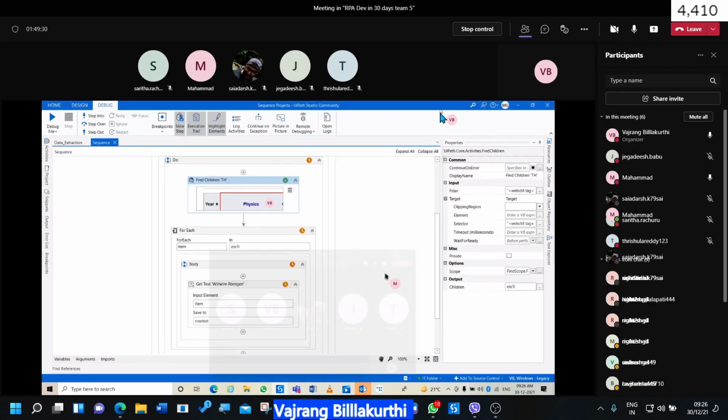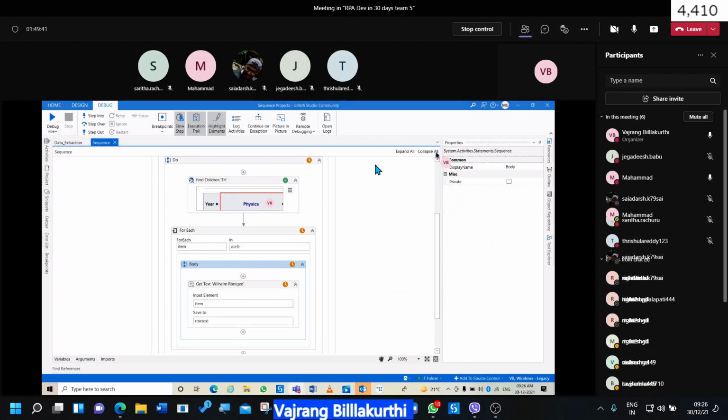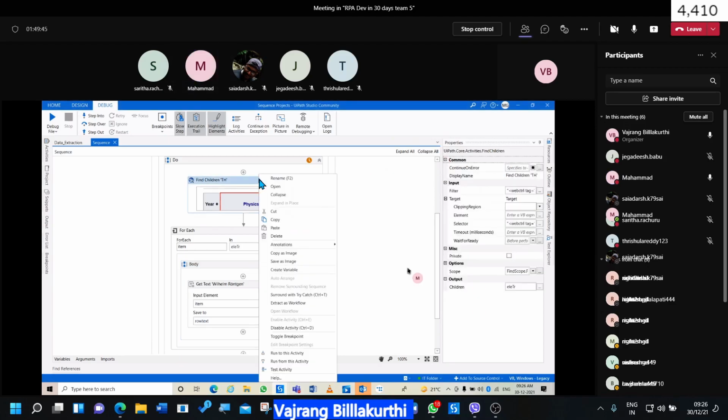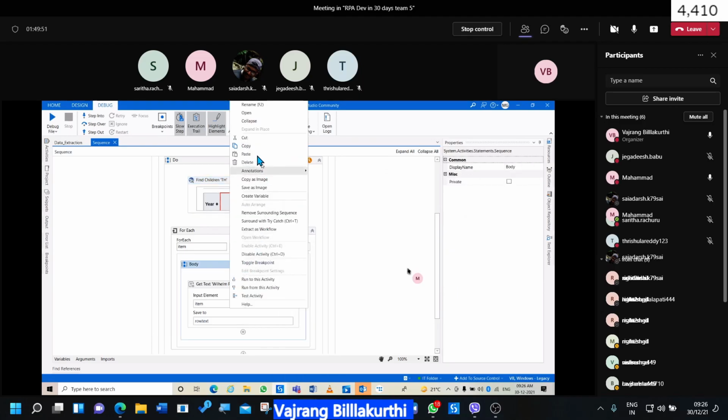What happened? Guys, this is taking time, but you need to give some time for this to be completed. Paste from clipboard failed. Okay. Copy. Paste.